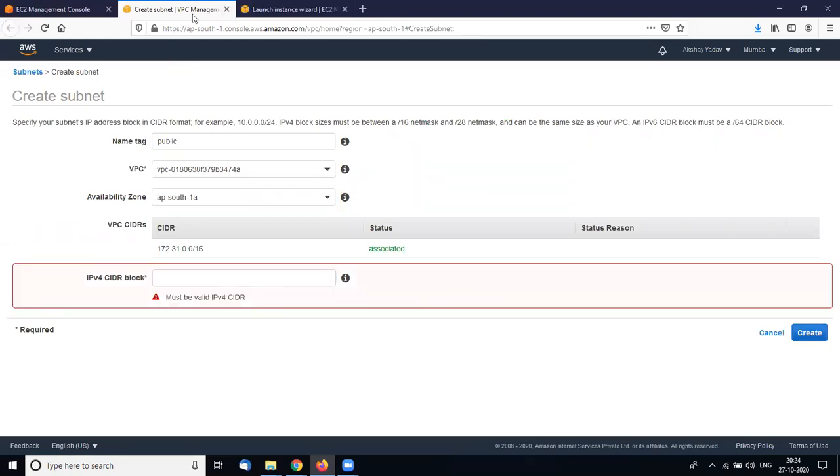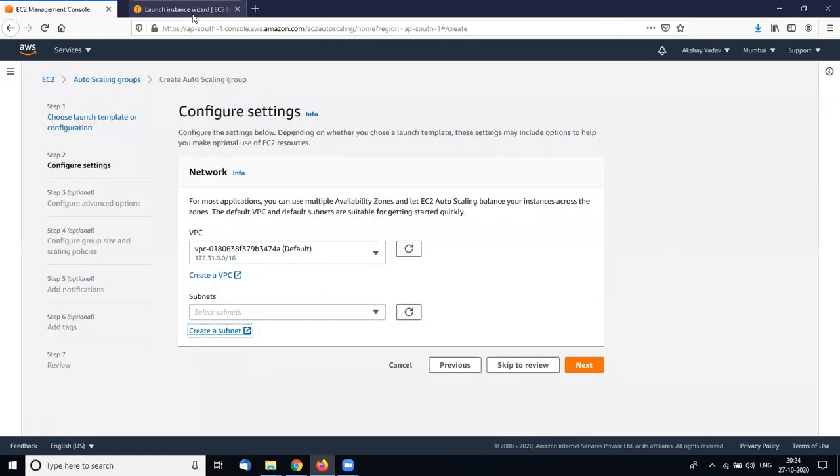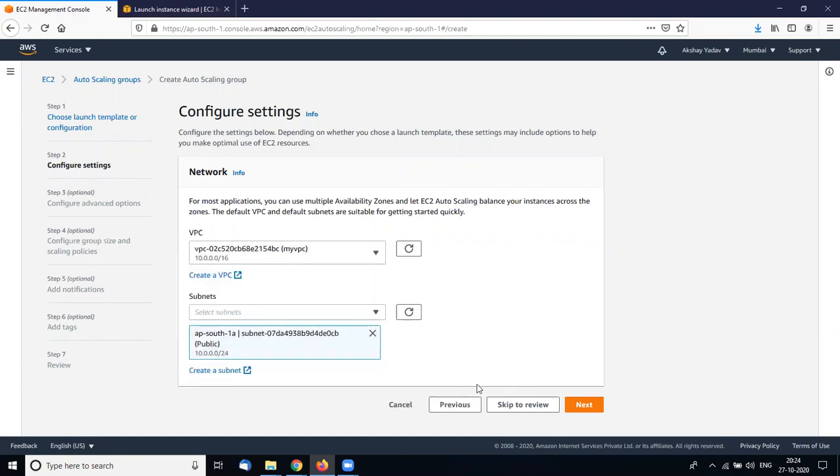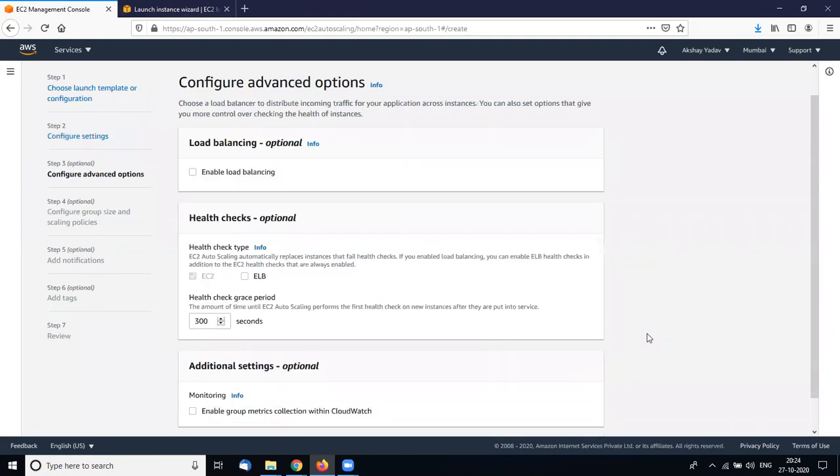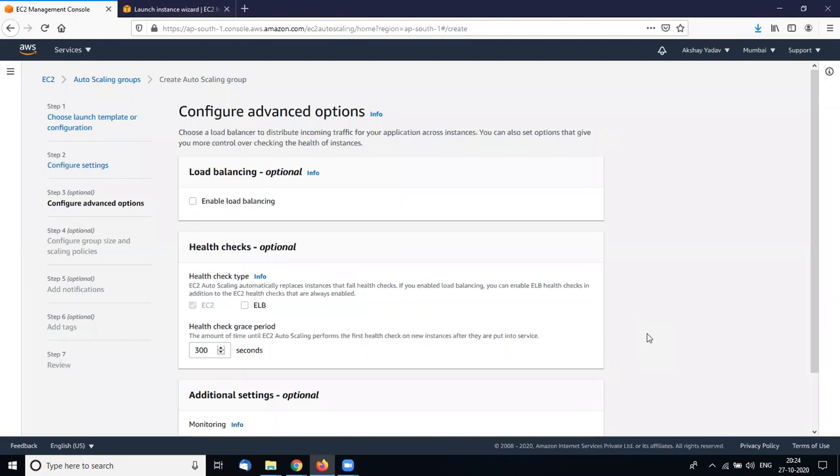So, which will be the best? Like if I create 4 instances in the auto scaling group, and if I scale up, then it will be better for 3 subnets, something like that? No, it depends on your... Wait, are you available? Can you wait for 1 minute? I have a call. Okay, sure, sure.